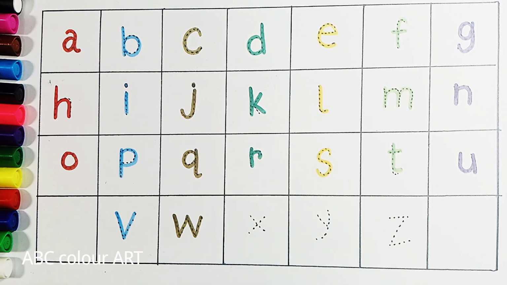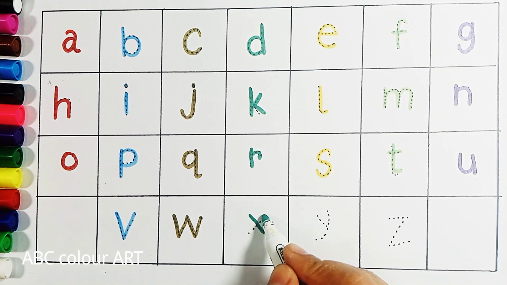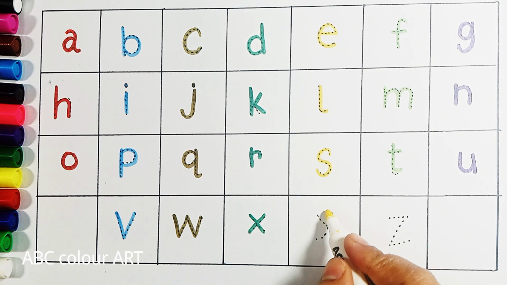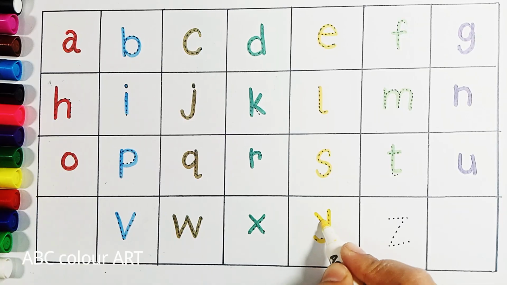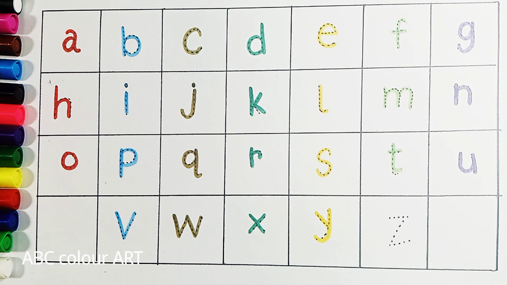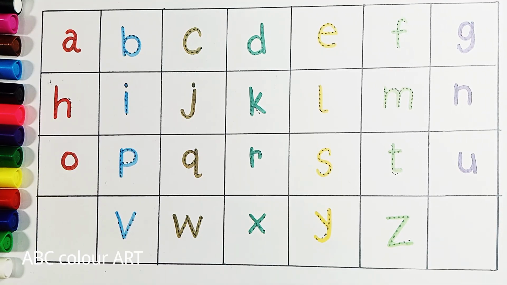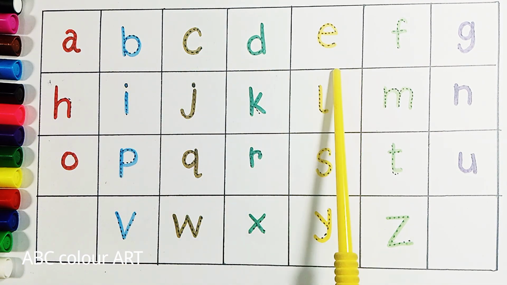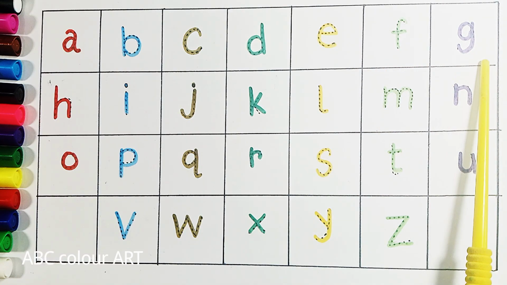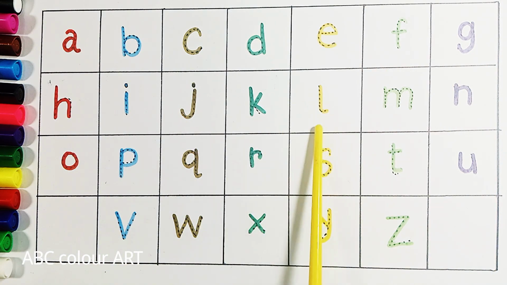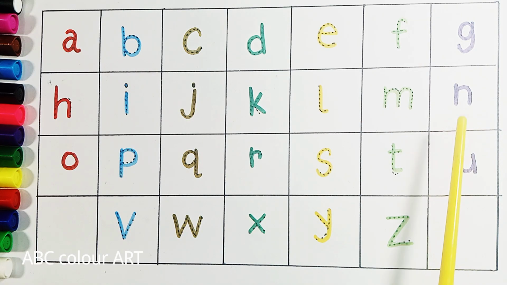W is for watermelon, sea green color. X is for Xmas tree, yellow color. Y is for yo-yo, light green color. Z is for zoo. A B C D E F G H I J K L M N O P